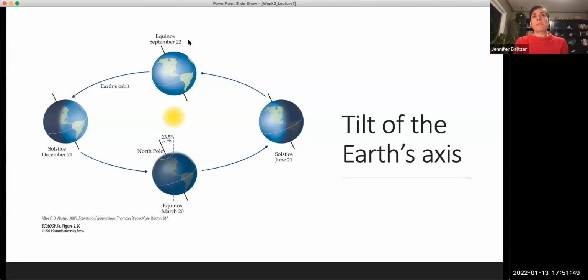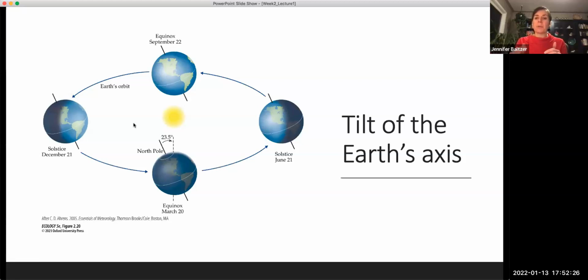So that's our equinox. And then in the winter solstice, this is when the northern hemisphere is tilting away from the sun. And so our days get much shorter, our daylight periods get much shorter, and the angles of the sun as they hit the northern hemisphere are much smaller angles than when we are either at the equinox or in the summer solstice.